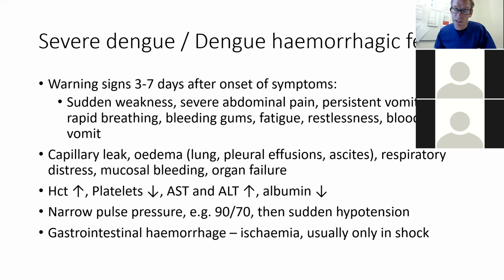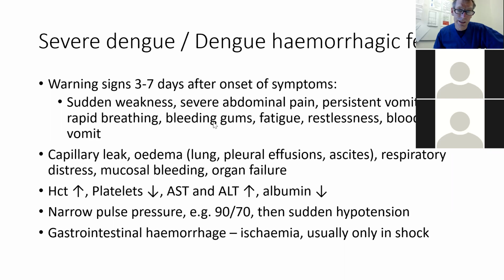Sometimes if they've had a lot of vomiting, they'll have blood in their vomit. So it's really worsening of their gastrointestinal features, the appearance of hemorrhage in some way, and sometimes the appearance of edema or